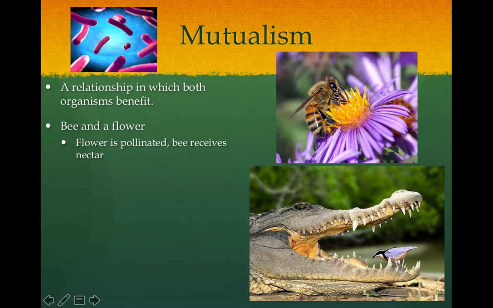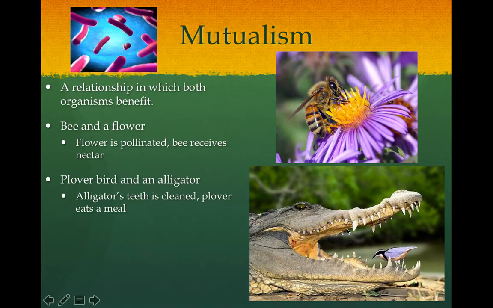So as you probably know, bees make honey, and they get their honey by getting the pollen from the flowers. So this is feeding the bee. The bee is very happy because he's getting fed. But the flower is also happy because what this bee is going to do is take the pollen, which is the sex cell, the gametes or the sperm cell of the flower, and then it's going to fly to another flower and transfer those gametes, those sperm cells, to another flower, which will produce a seed. So the flower is getting pollinated, or it's getting a chance to sexually reproduce because the bee is helping it. So they're both happy.